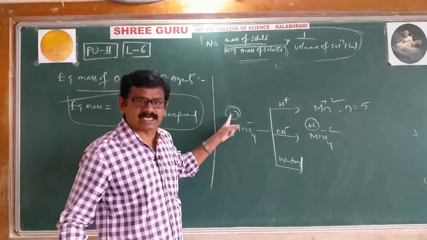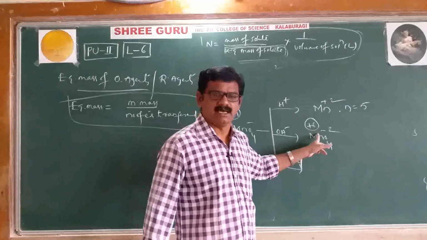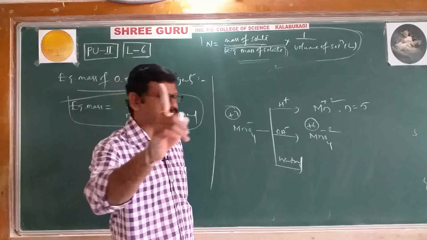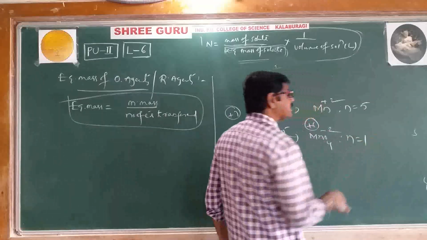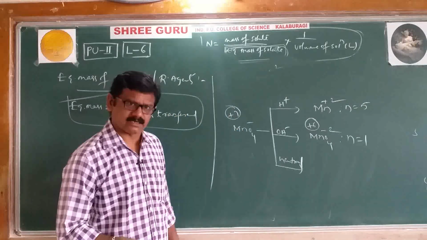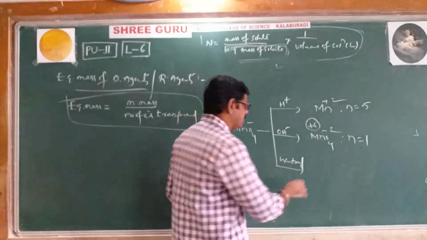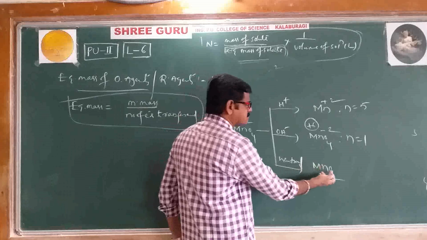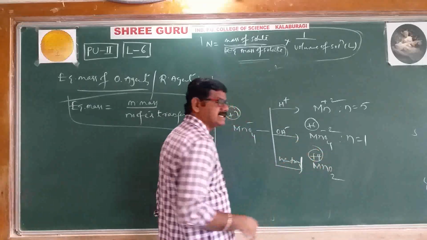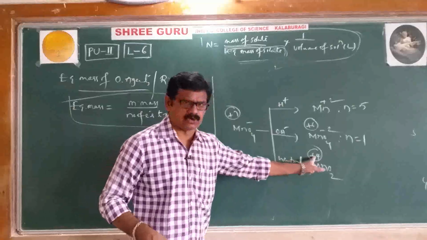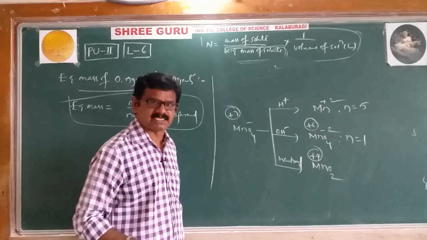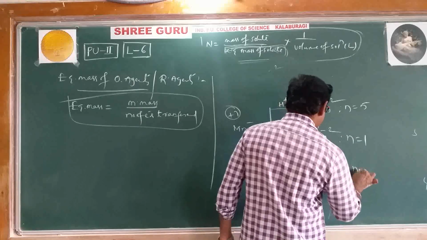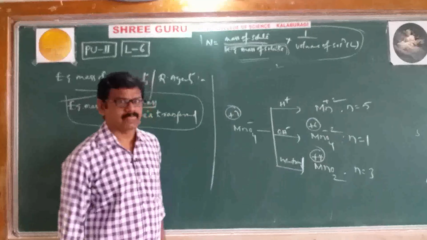As a reactant, its oxidation state is plus 7. As a product, its oxidation state is plus 6. So here the difference is 1. How many electrons are involved here? Just 1 electron only. That's why the n factor is 1, nothing but valency is 1. Finally, in neutral medium, it is converted to MnO2, manganese dioxide. In manganese dioxide, X minus 4, the manganese oxidation state is plus 4. Here 7 converted to 4 means 3 electrons are involved. Therefore, the n value is 3. This is very important.